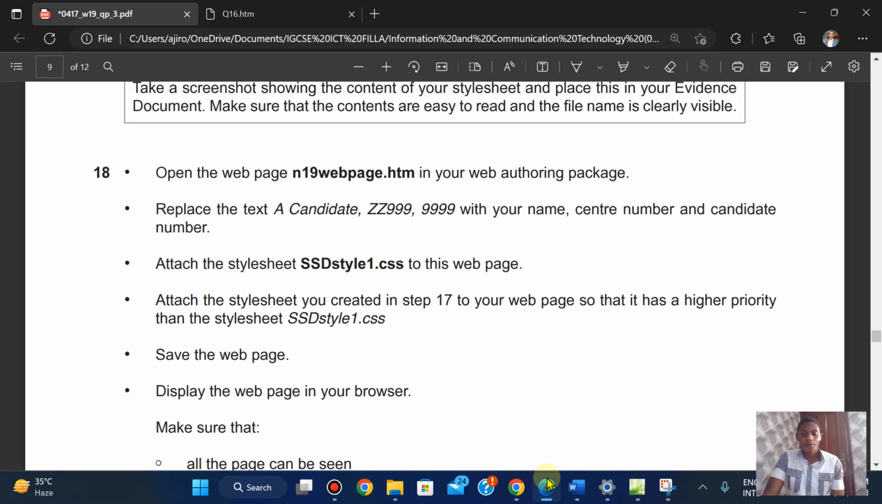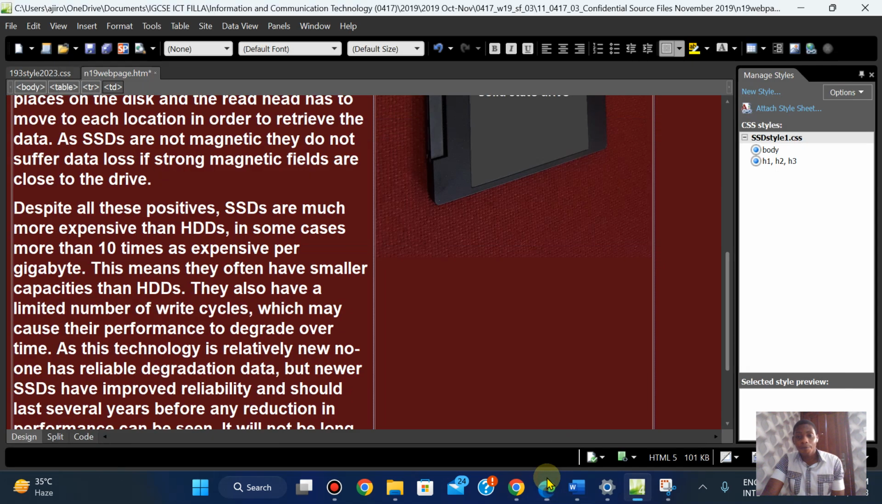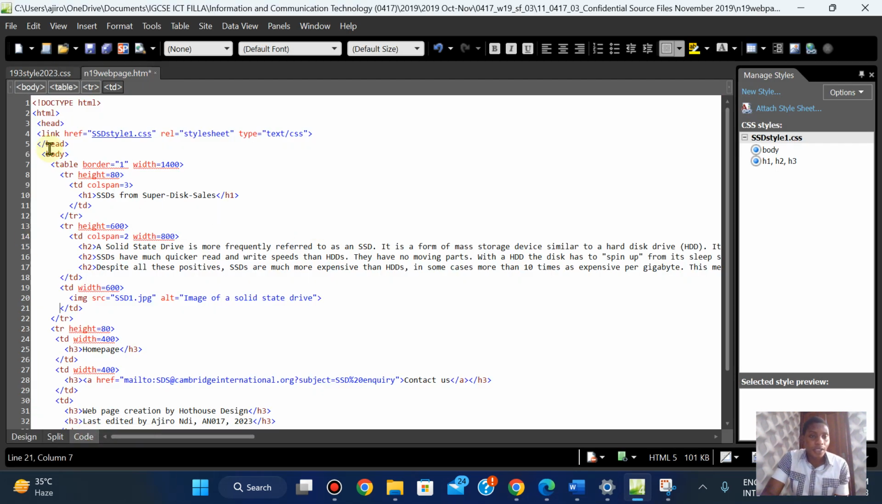Attach the style sheet you created in step 17 to your web page so that it has a higher priority than this. Now, if you come here, I want to show you something real quick. This is your external style sheet. It goes with the link and your href, and then this is the URL of the style sheet. This is the relation: it is a style sheet, and the type is text slash CSS. This is the format it goes to. We have the link, the href, which is the URL of it, and the relation is because it's a style sheet, and the type is text slash